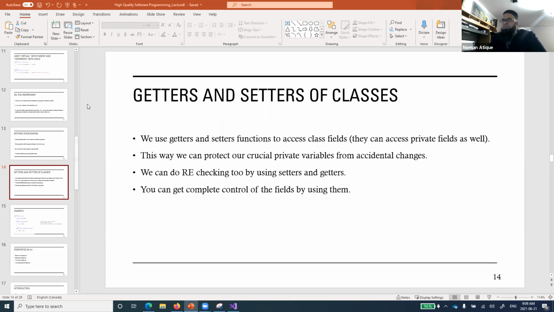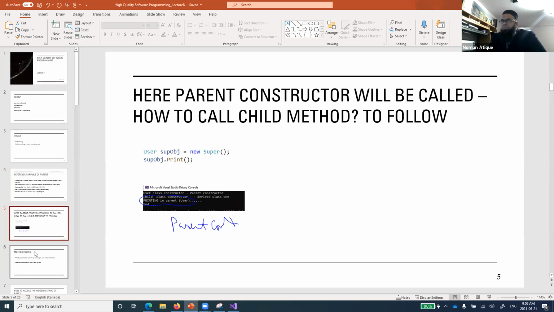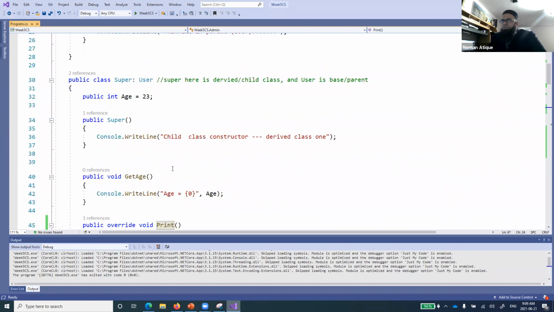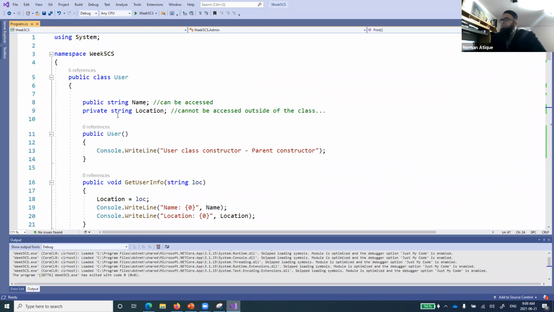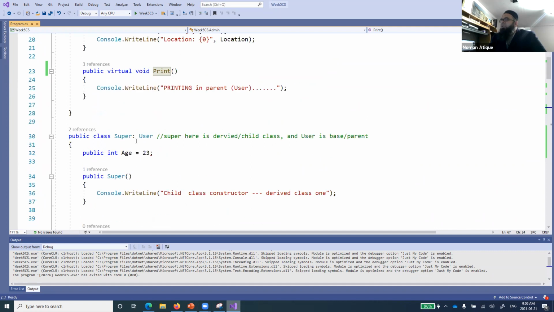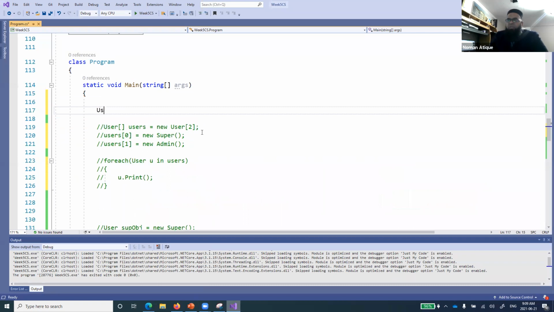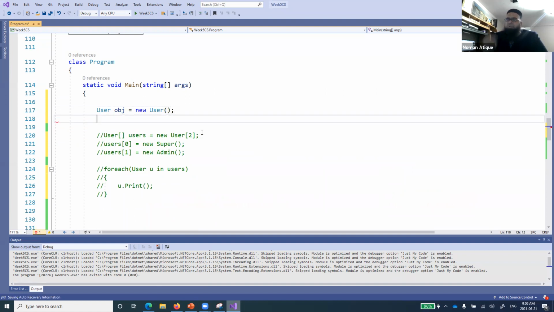What does that mean? The example we discussed today. I think we discussed it over here. You see, when we define a field as private, I cannot access this field outside of my class, even through the user object. For example, let me make it a comment and show you. Of course, you know that. If I create a user obj equal to new user, I'm just making a simple object of the user class.